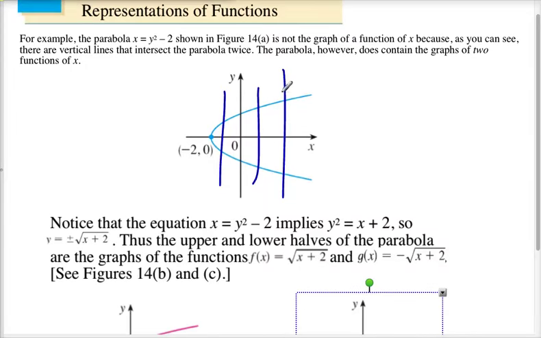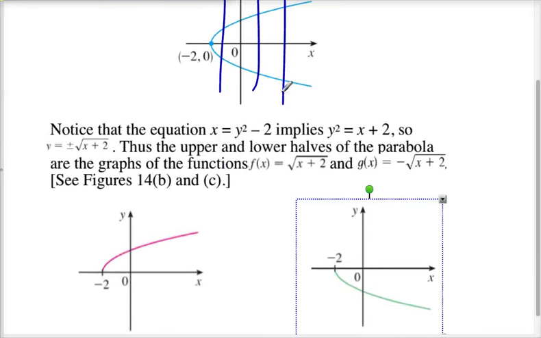If we take x equals y squared minus 2, we can do what we've always done to put it in a calculator, which is solve it for y. By moving things around, you get y squared equals x plus 2. And if you take the square root, you get y equals plus or minus the square root of x plus 2. Thus, the upper and lower halves of the parabola are graphs of functions,